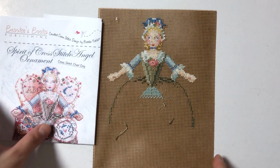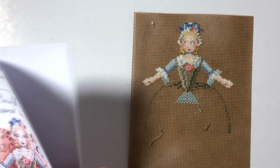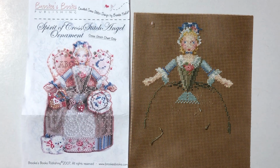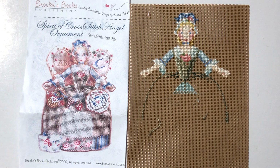So it is Friday morning and I woke up this morning and worked on my cross stitch angel. And I've been hearing that today is World Cross Stitch Day. I saw some videos where people mentioned it and also in the comment section. And I thought it was perfect to work on my cross stitch angel today, so I think I'll be just